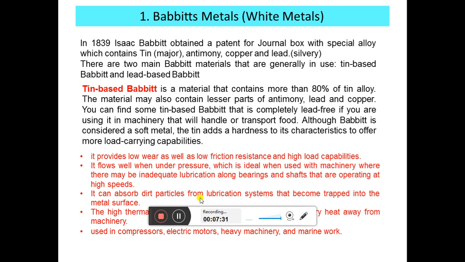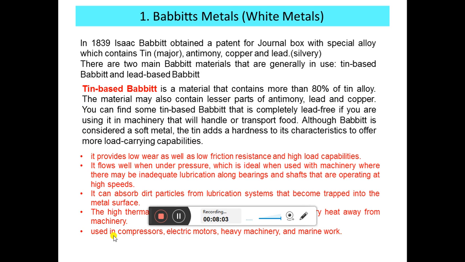So it has a good embeddability property, and it has a high thermal conductivity so that it will carry the heat from one point to another. It has high thermal conductivity as well as low thermal expansion, low thermal expansion and high heat carrying capacity. That's why it is used in machine parts. Along with this, it is also used in